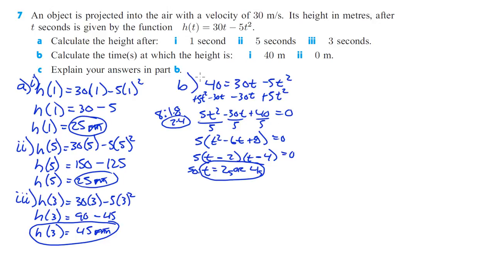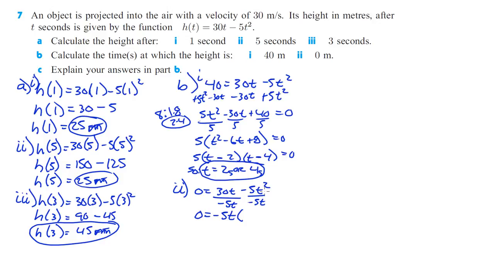And so that was part 1 of B. Part 2 is 0 meters. So when does 0 equal 30t minus 5t squared? Okay, it's already set equal to 0, so let's start factoring stuff out. We can get a 5 out, and to make my life a little bit nicer, I'm going to factor in -5. Actually, let's do a 5 and a t. Let's do -5t. So we get 0 equals